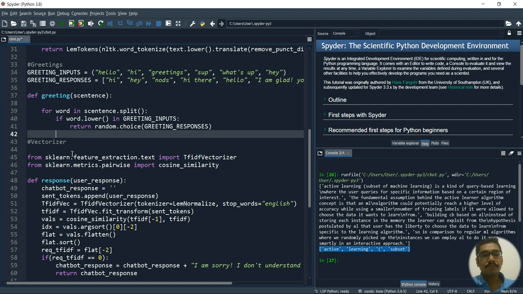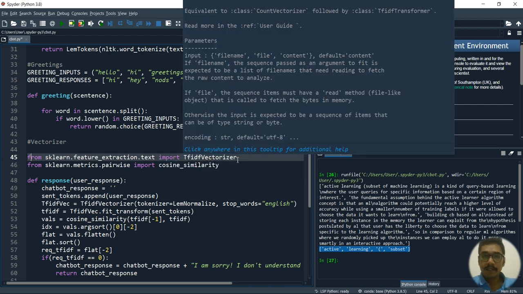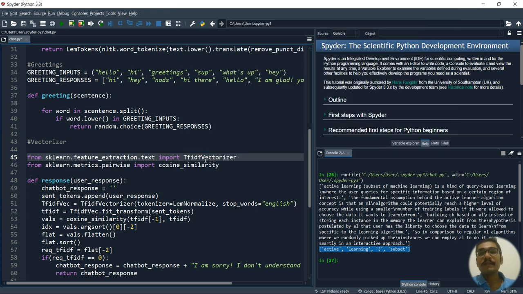The following is the code for vectorizing the chatbot. I'm using a library from sklearn, feature extraction dot text. You have the TF-IDF vectorizer. You can read about what it does. As I mentioned a few moments ago, you have the concepts of TF, DF and IDF. If you are well versed with these concepts, you can easily make these things much more dynamic.